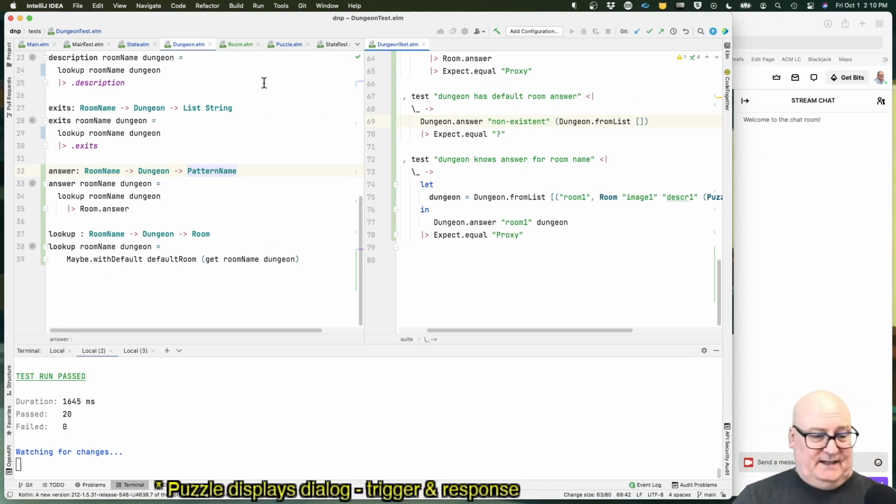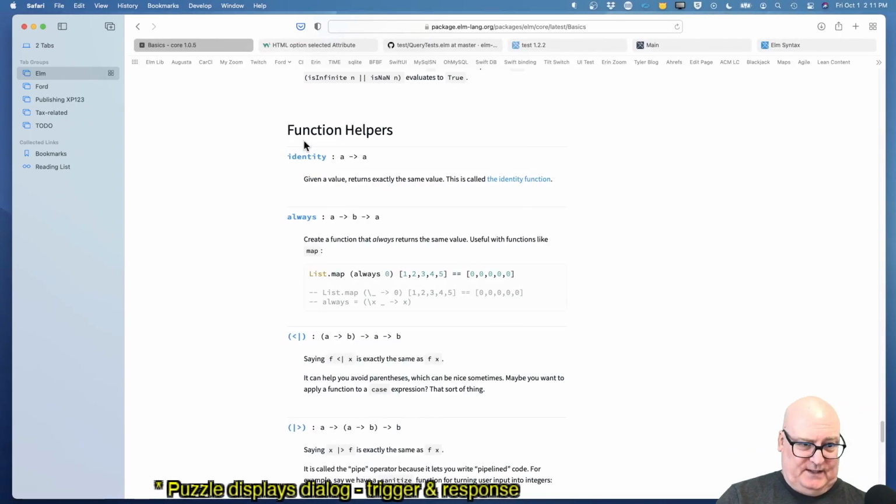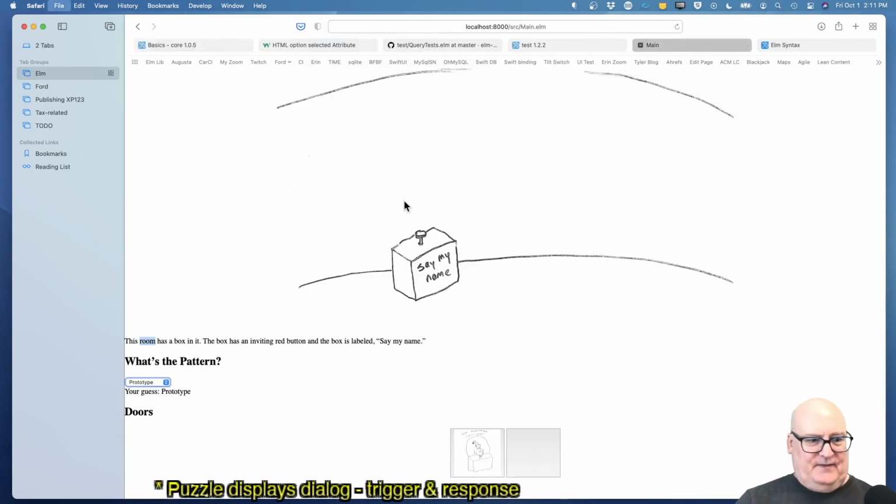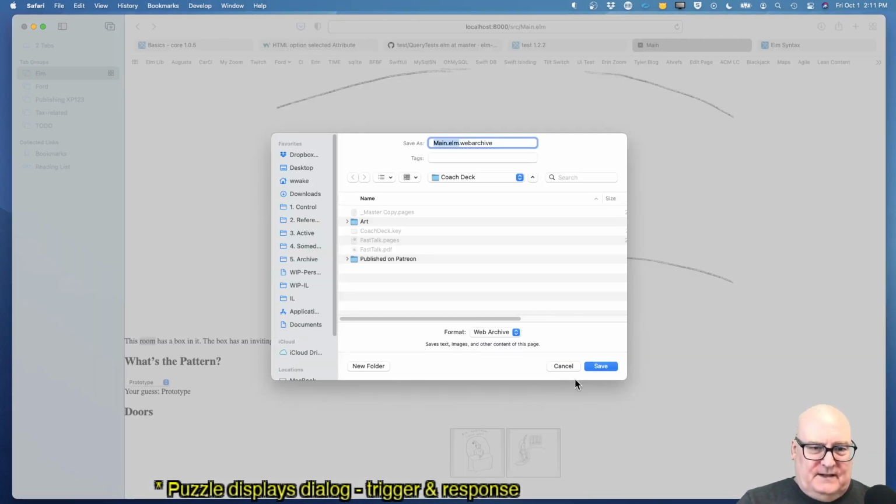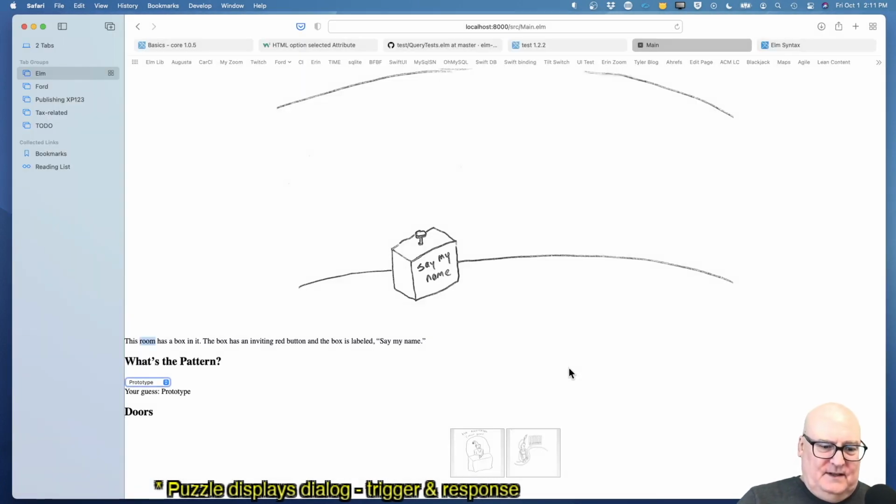Okay, we are running still, so let's see what we got. Okay. Cancel. Reload. There we go. Okay, so a lot of work to get your guess. I don't know. Right answer is prototype. And then if we selected it, we want something else to happen. But we're proving that we can select the right thing. Okay. Now,